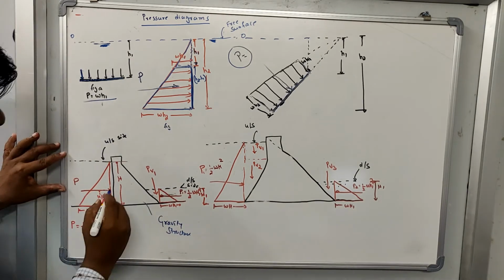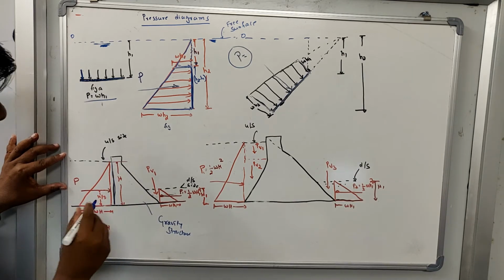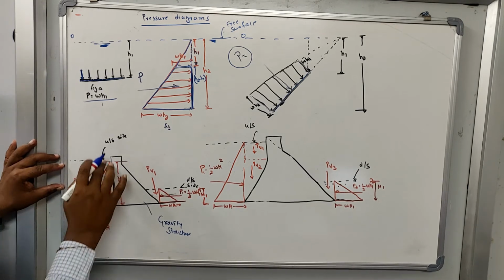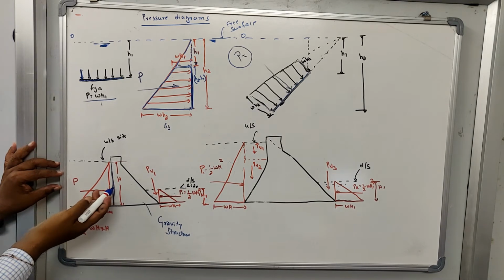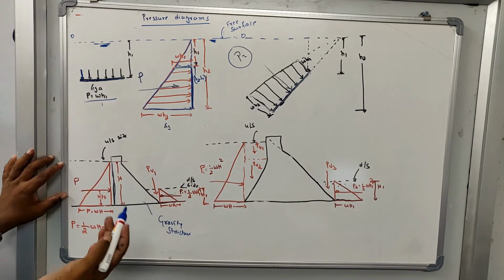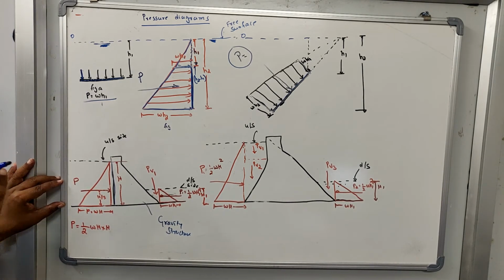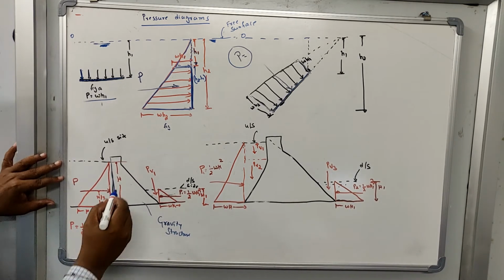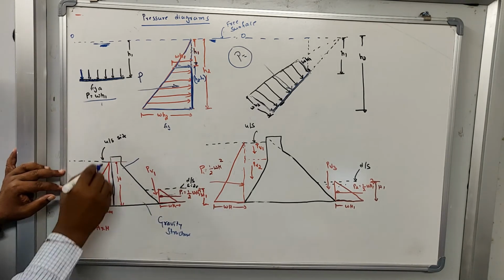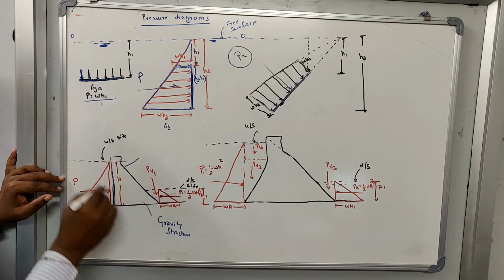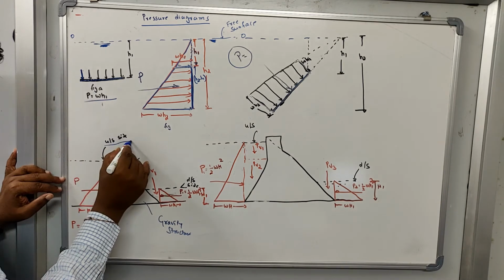Now let us take a gravity dam, or a gravity type structure. It may be concrete or masonry, whatever it may be. This is a concrete type structure. You can say it is a storage structure, constructed across streams or natural channels to store the water at the upstream side. It is constructed across a nala, a river or a channel to store the water at the upstream side. So this is the water stored at the upstream side.